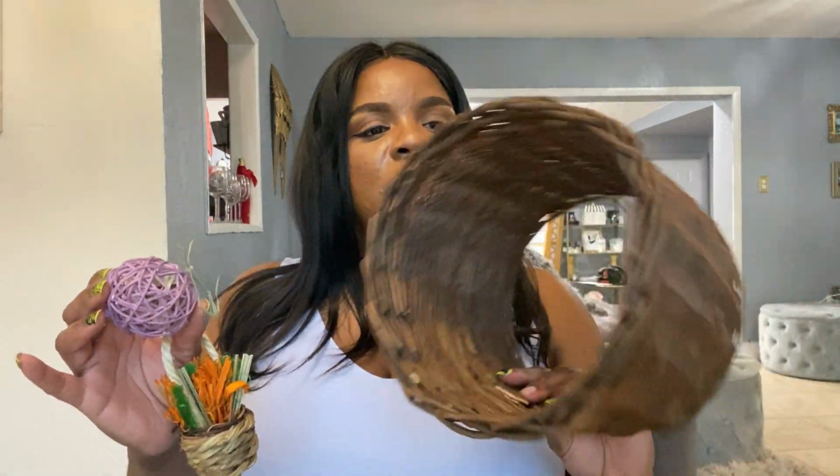I was like, oh no, you're chewing up in here, okay? So that's why I went and got these babies. They're safe for bunnies. They're actually made for bunnies. And he said to get some wood blocks and allow her to chew on the wood blocks, but they should always be chewing